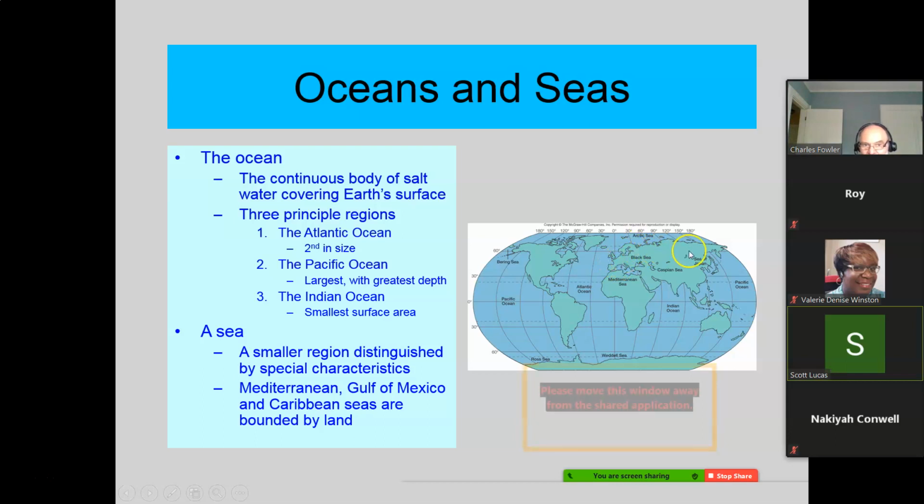Okay, Asia's over here. This would be Europe on this side. Now, they're all one big continent, but yeah, this is usually called Europe. This is called Asia. Okay? And then this, I guess they count a continent, though it's the smallest one. Australia, you got it. So you pick the oceans